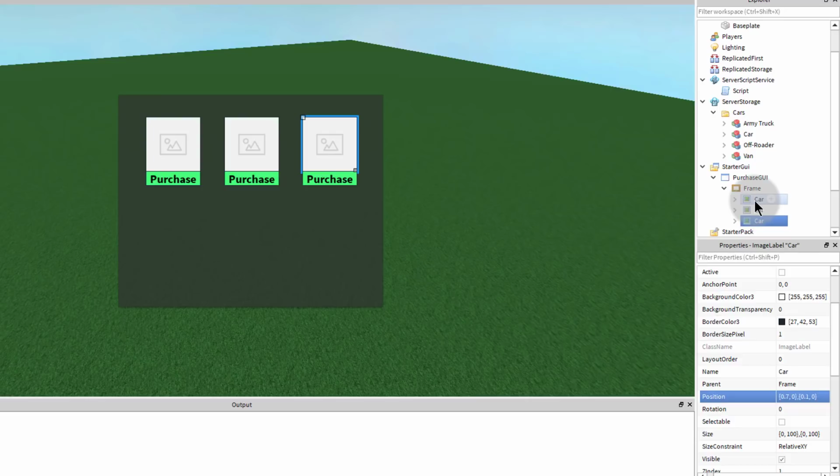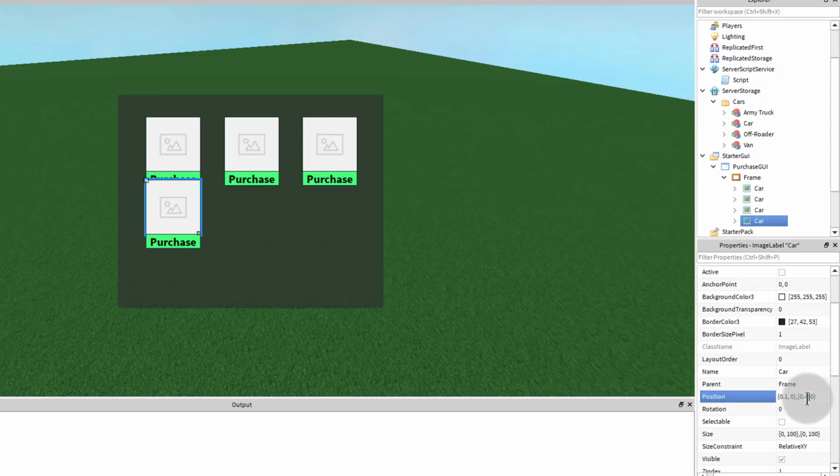And then if you want even more, you can just copy another one. So I'm going to copy the first one, and I'm just going to change the vertical position to not 0.4. Let's change it to 0.5 so that it's just underneath the first button. So I've got 4 cars, so I'm going to have 4 different buttons.